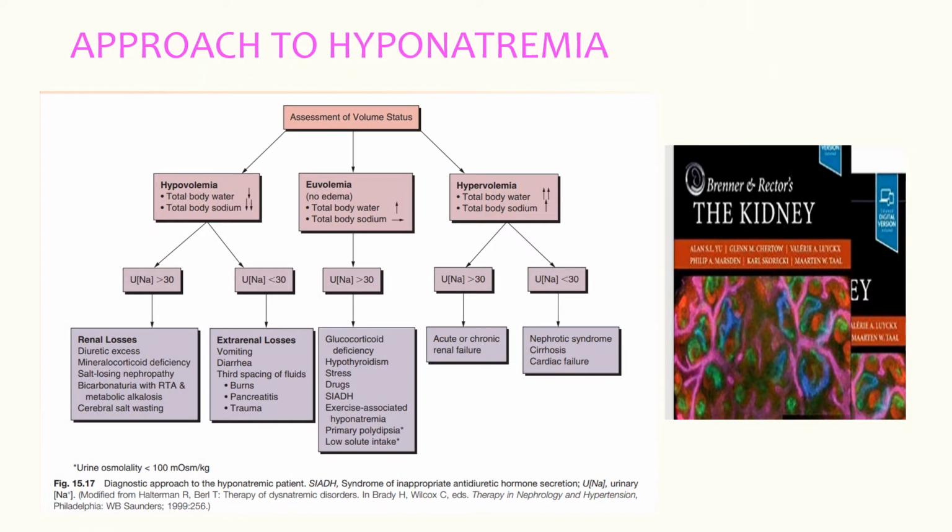And this is to give you an approach to hyponatremia right in the very beginning, and we shall discuss this entire thing in our video, how this comes about and how to treat this, and more importantly how to understand this. So you can see here that the volume status is very important and is divided into hypovolemic, euvolemic and hypervolemic, and then there is a further subclassification on the basis of urine sodium, which is a very important test.